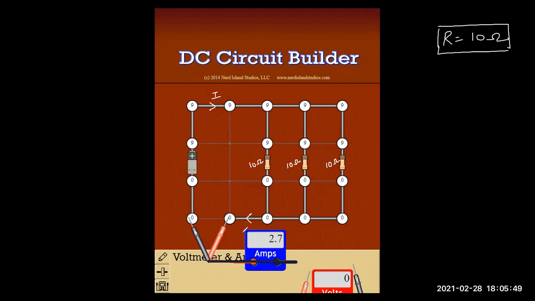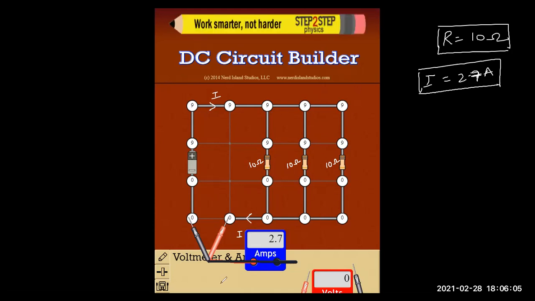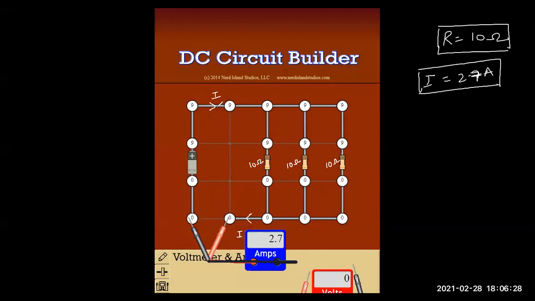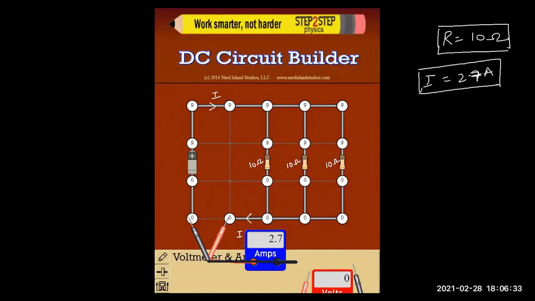The value of I that is flowing in the circuit is 2.7 amperes. So I write here 2.7 amperes, and it is dividing, children, in these three resistors. This current I is dividing in these three resistors. Correct. So you can see why this I is dividing. Before, in the series circuit, I was not dividing, but here I is dividing, because you can see this wire encounters two other wires.